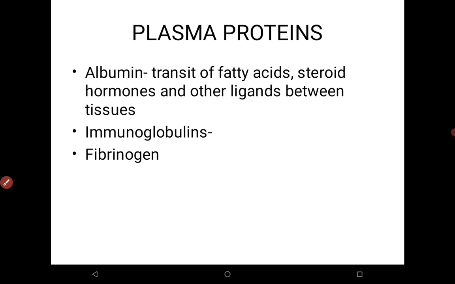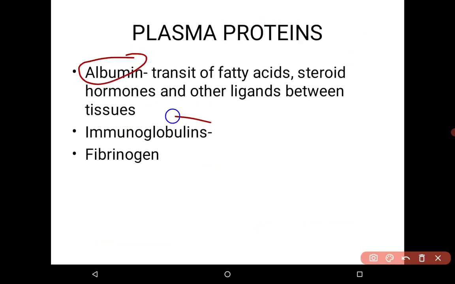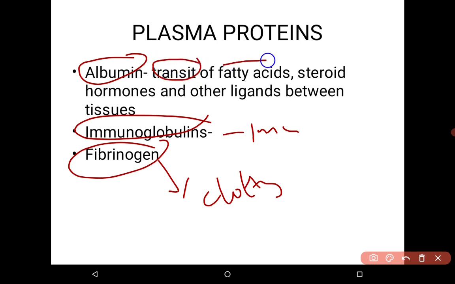Also, you now have plasma proteins. These are proteins that are found in plasma. Okay, so you have albumin, you also have immunoglobulins, and also fibrinogen. Okay, these are for immunity. Fibrinogen is used as a clotting factor, for the process of clotting. Albumin acts as a transit. It helps in transporting things that are fatty in nature, fatty acids, steroid hormones. Okay, anything that is lipid in nature, for it to be transported, it has to bind to this protein called